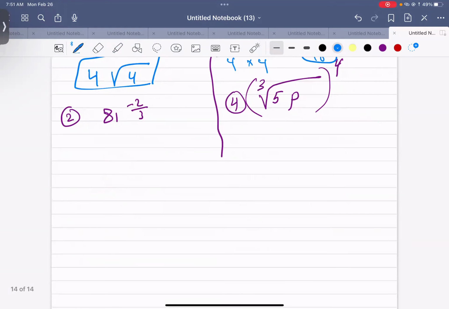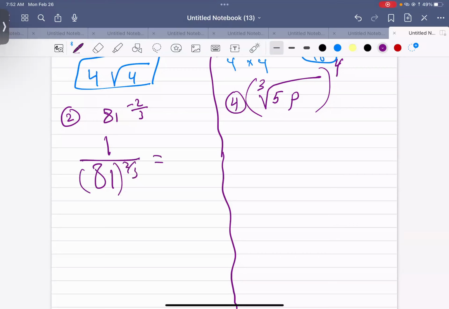Now, how about number 3 and number 4? 8 to the negative 2/3. Well, first of all, because it's negative, I have to have a positive exponent. So it's going to be 1 over 8, I'm sorry, to the positive 2/3, which is equal to 1 over, if I change it to a radical,